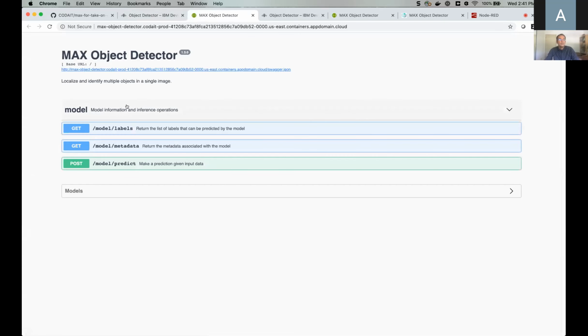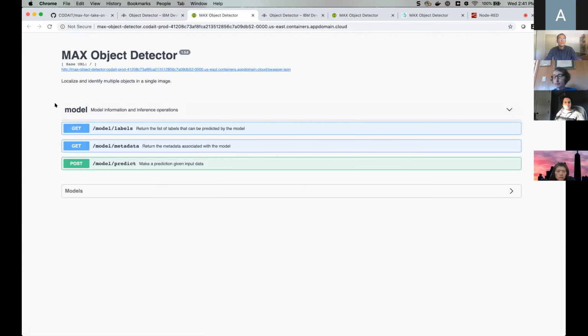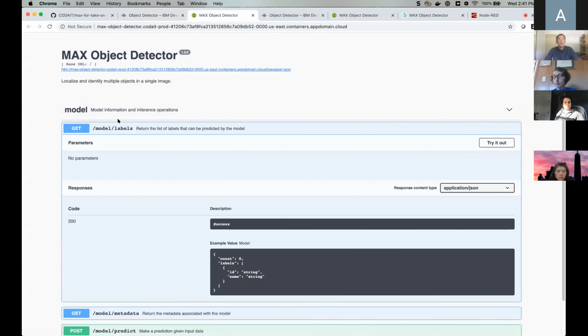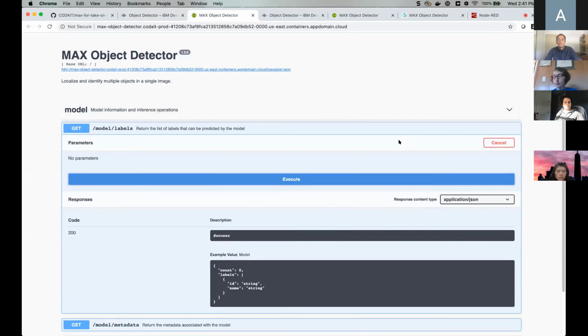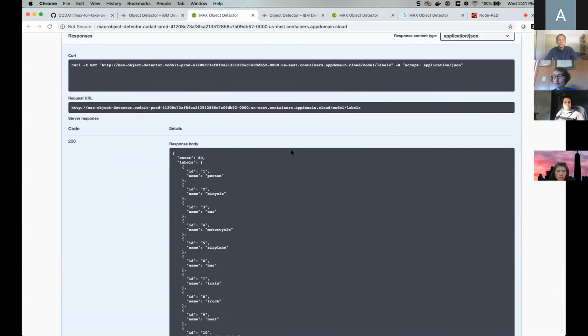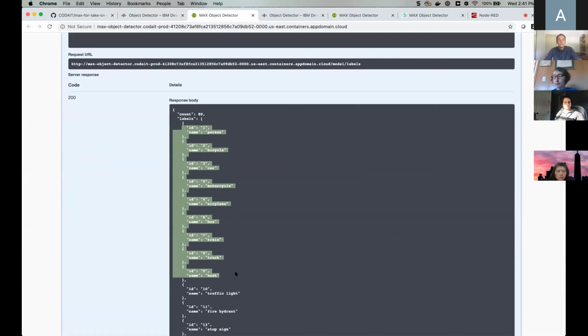So let's take a look at what the API looks like. If I expand this, so generally speaking, this is called an open API specification. It's a standard that defines what are the inputs and outputs that a particular service expects when you invoke a particular endpoint. So let's say, for example, we want to find out, if you run this object detector service locally or on the cloud, what type of objects can it identify, right? So I click here, try it now, execute, and you will see, if I scroll down, a complete list of the different objects or object classes that this service has been trained to recognize.